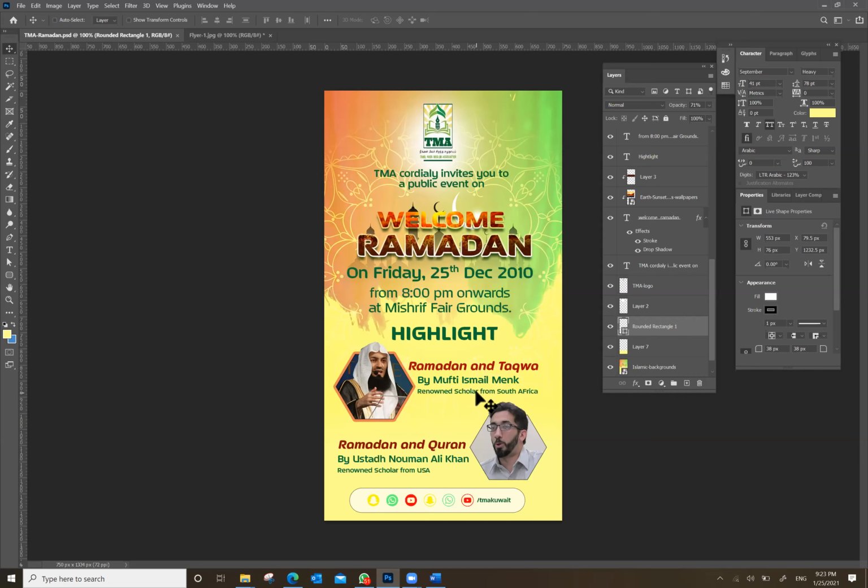But if we stick to one standard, basically the size should be like this. Height wise, it should be more when you compare to the width. You're getting me? It should be in a portrait manner.